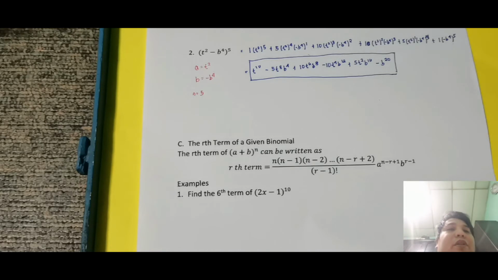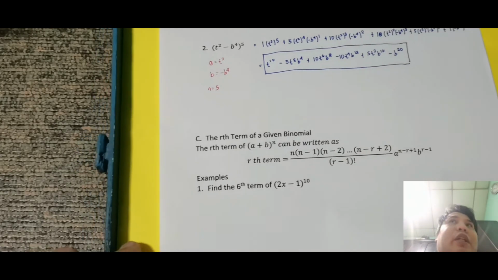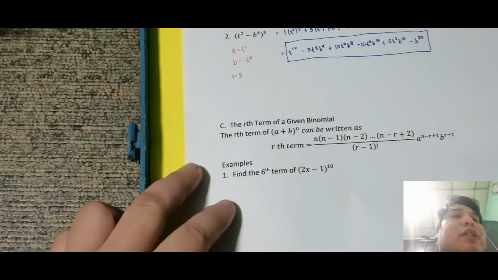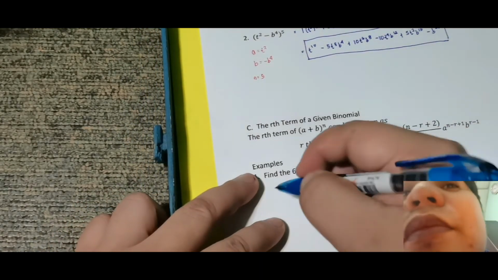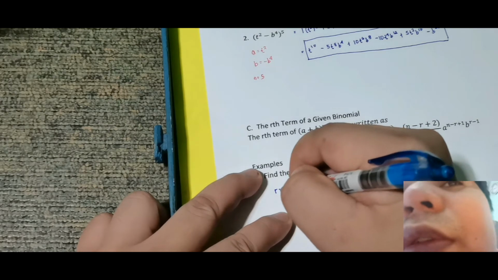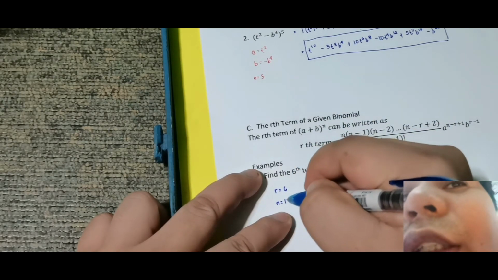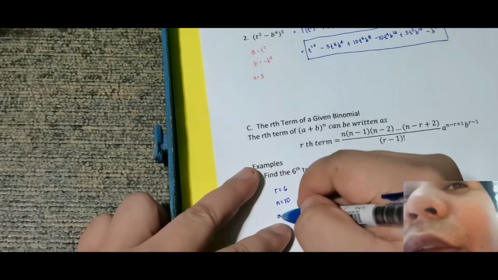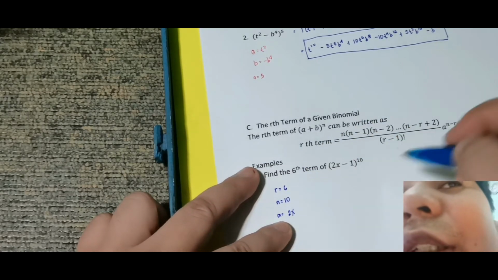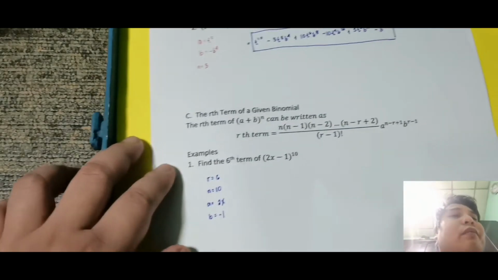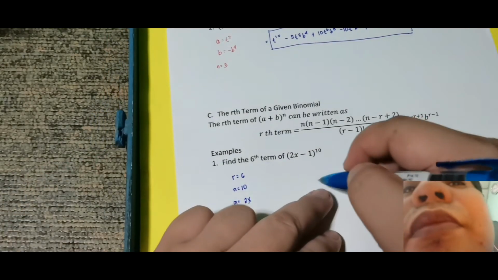Okay, so find the sixth term of 2x minus 1 raised sa 10. Okay, so raised sa 10 daw, no? So since ang n natin, so lagay natin, no? Find the sixth term. So ang hinahanap natin is r, dito is 6, n dito is 10. Okay, ang a dito is 2x, ang b dito is negative 1. So kailangan pa rin yung mga term na yan. Okay, so 6 term